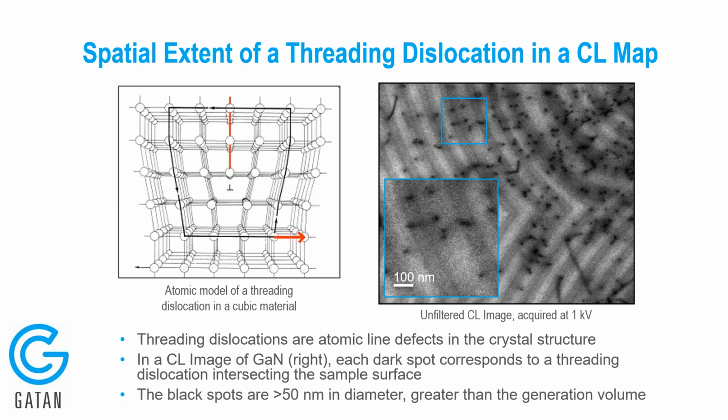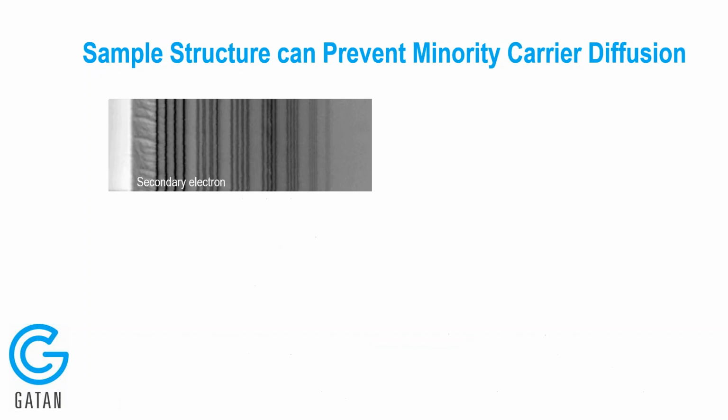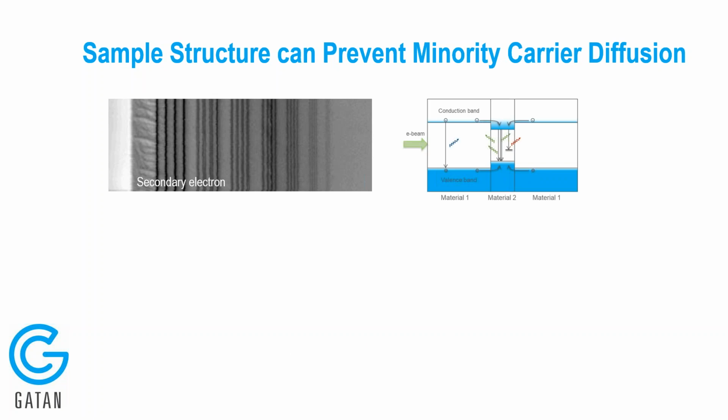Fortunately for us as microscopists looking to understand devices and defects at this nanoscale, when you have a material that's not homogeneous but is actually made of different materials, then the actual sample structure can start to prevent minority carrier diffusion. For example, if we look at this energy band diagram that I've discussed in a previous episode, you can see that electrons and holes flow into this different material, get captured, and so are no longer able to